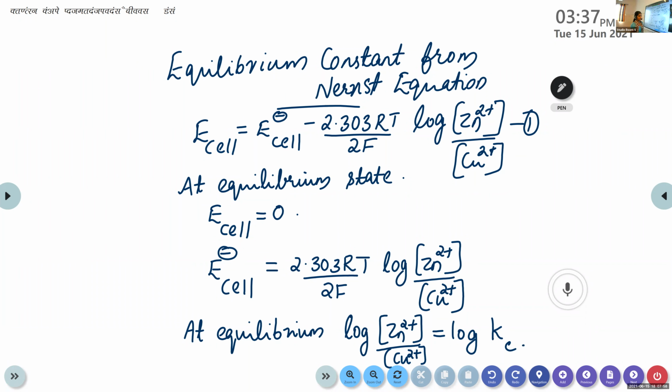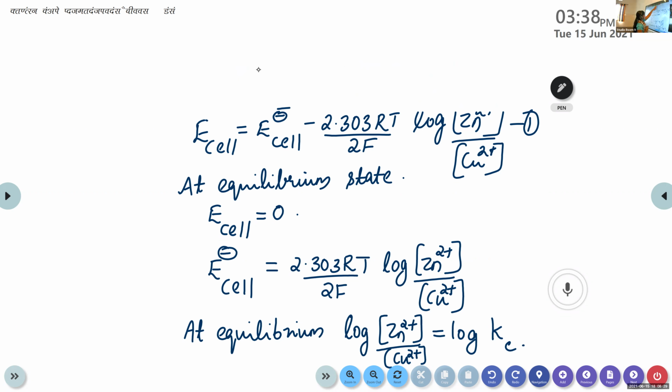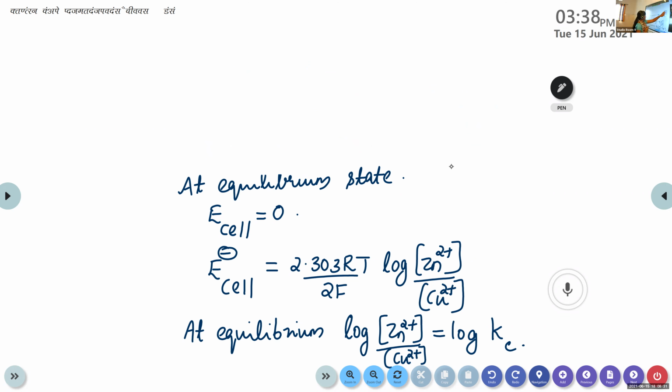This Kc is the equilibrium constant. Then we can substitute all other values like R, T, F, etc. It becomes, you can write